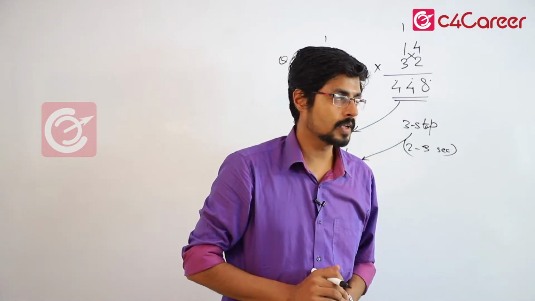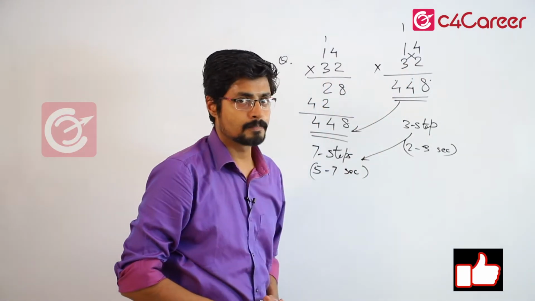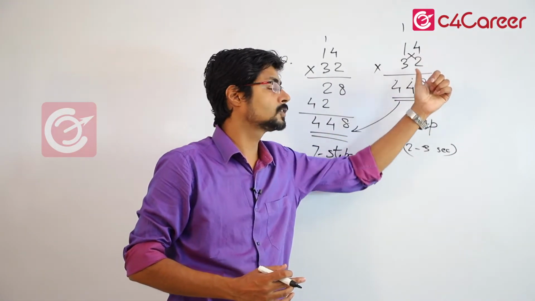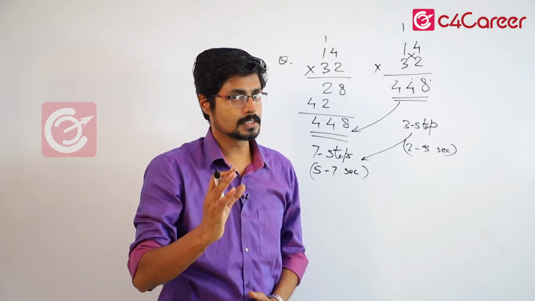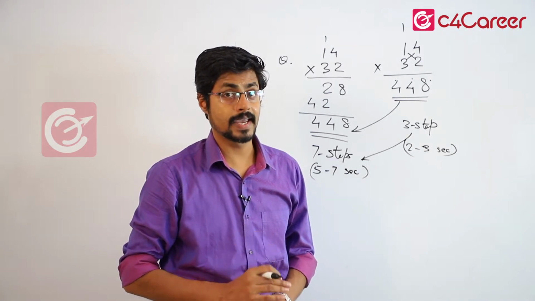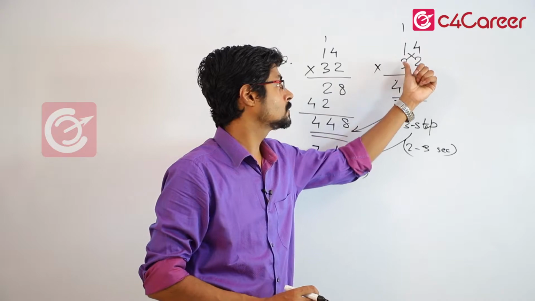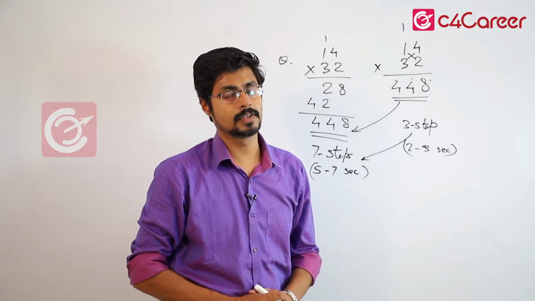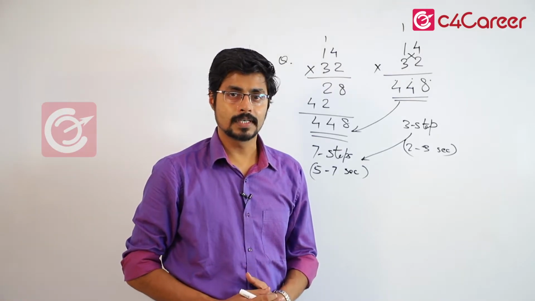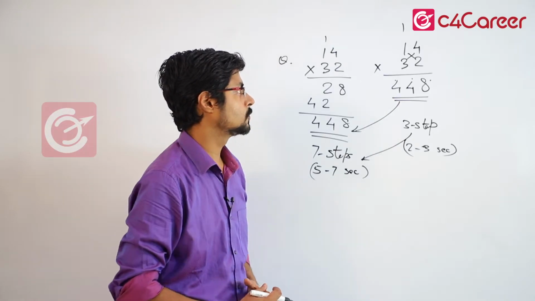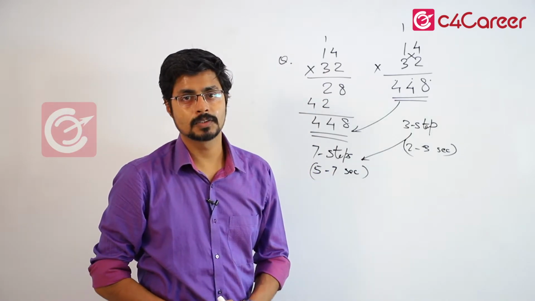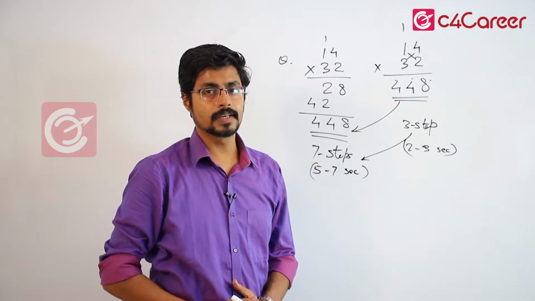Now I'll just brief the steps we have done here. Step 1 is multiply the unit digits, that is the last 2 digits. The second step is cross multiply. It's important to note the sign. It is a cross, x. We have to cross multiply the digits and add it. And the third step is multiply the leftmost digits. What are the leftmost digits here? 3 and 1. So when we multiply it, we get the third part. So this is the way we do this. We'll do some practice questions next to understand this better.